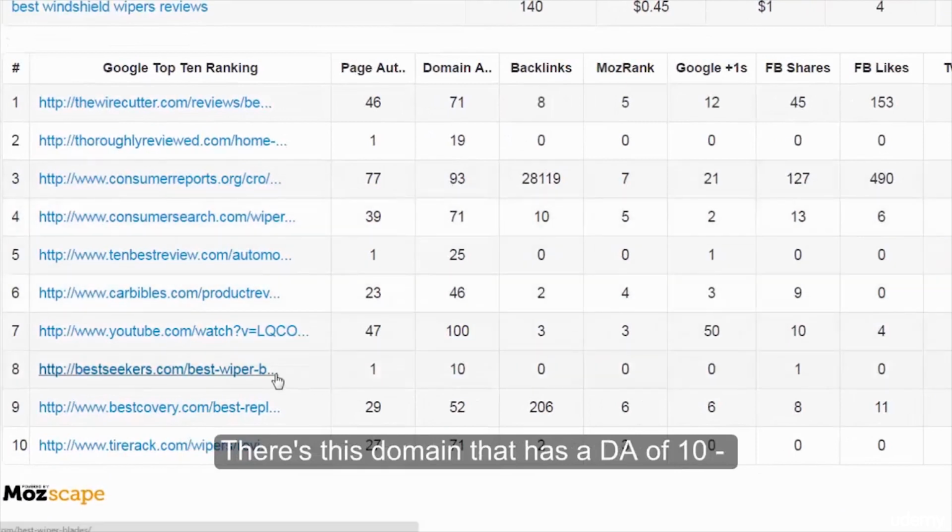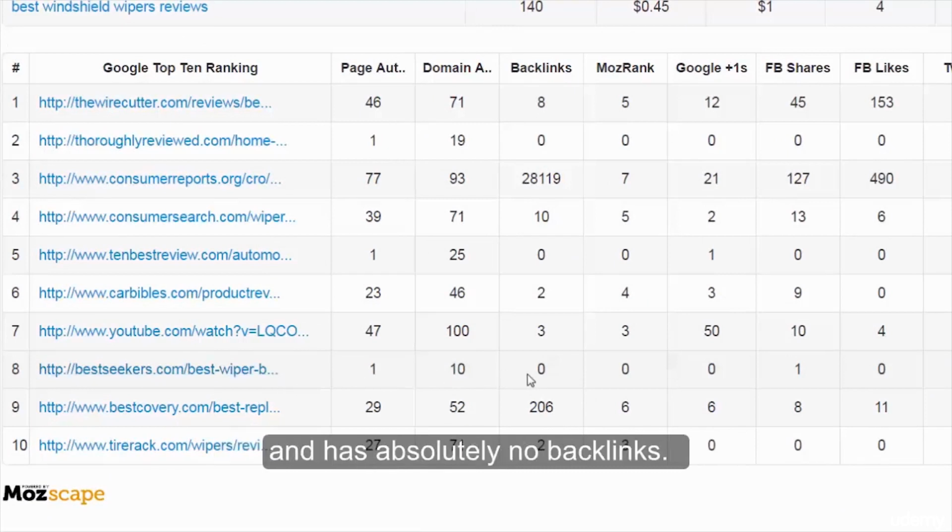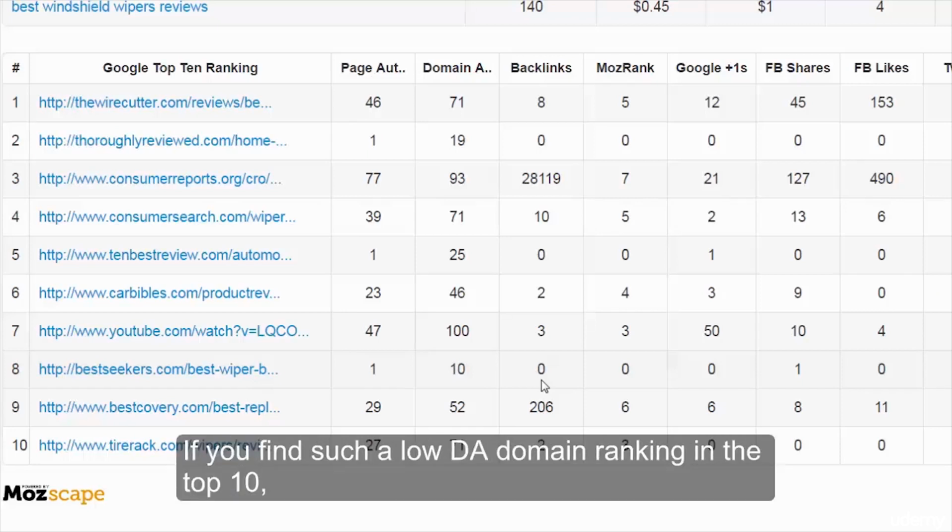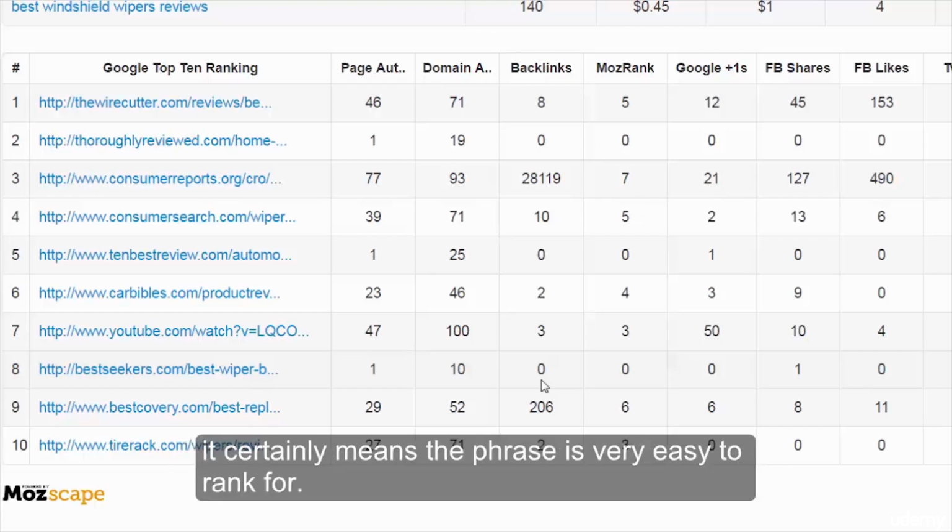There is this domain that has a DA of 10 and has absolutely no backlinks. DA 10 is very, very low. This is a very low authority domain. If you find such a low DA domain ranking in the top 10, it certainly means the phrase is easy to rank for.